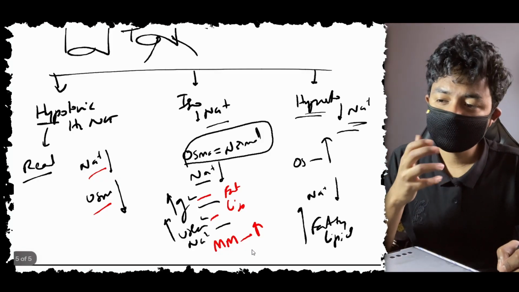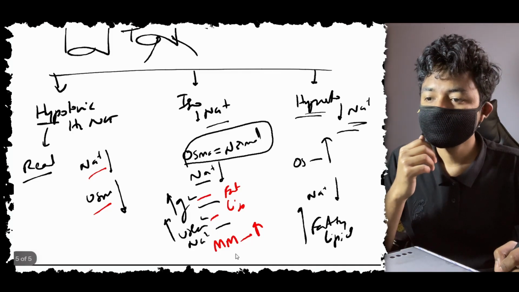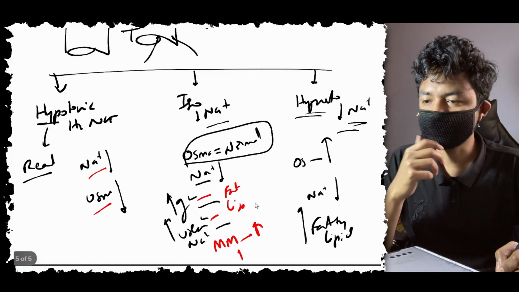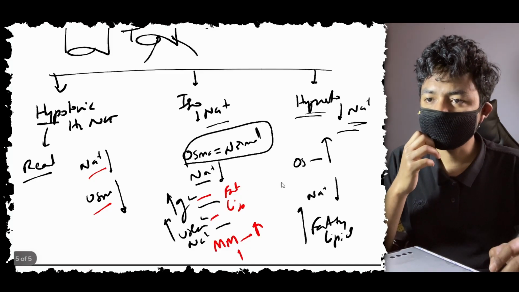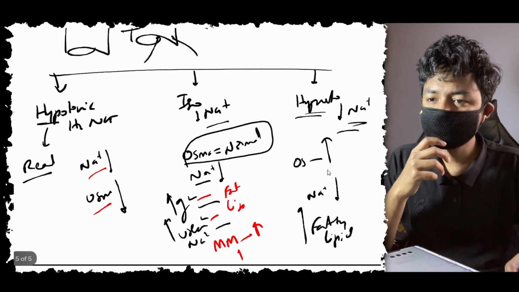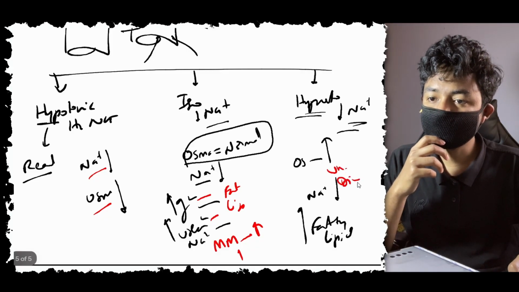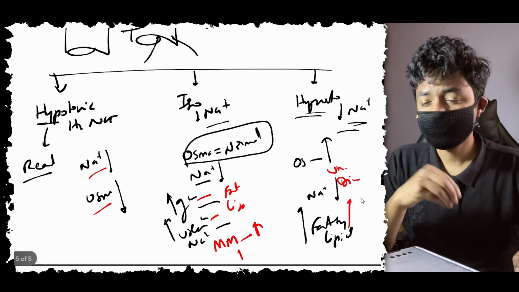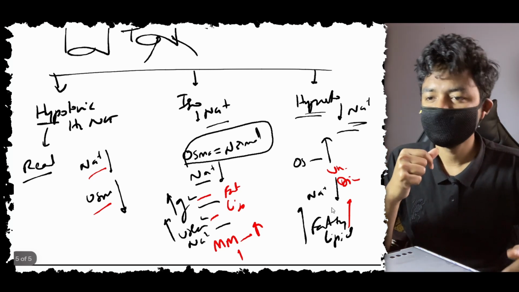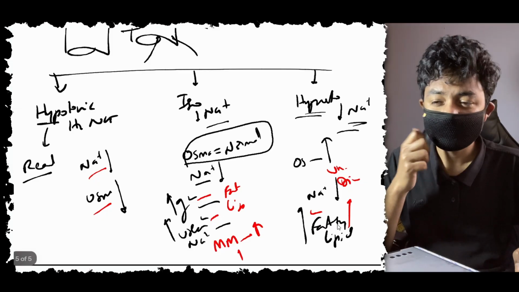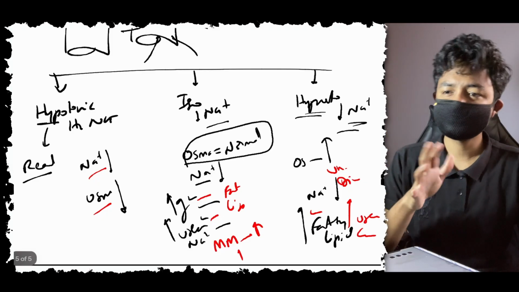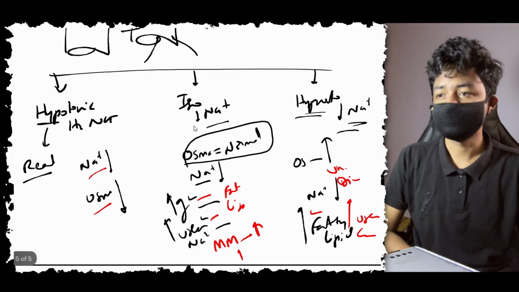So inside that also, what happens is inside the plasma there will be a high amount of protein, all those multiple myeloma things. So there also it can be seen. In case of hypertonic hyponatremia, it can be seen in case of uncontrolled diabetes. If the diabetes is not controlled, too much sugar inside the blood becomes thick, viscous, like sweet syrup. Maybe in case of high urea, high creatinine level, all these things can cause hypertonic hyponatremia.